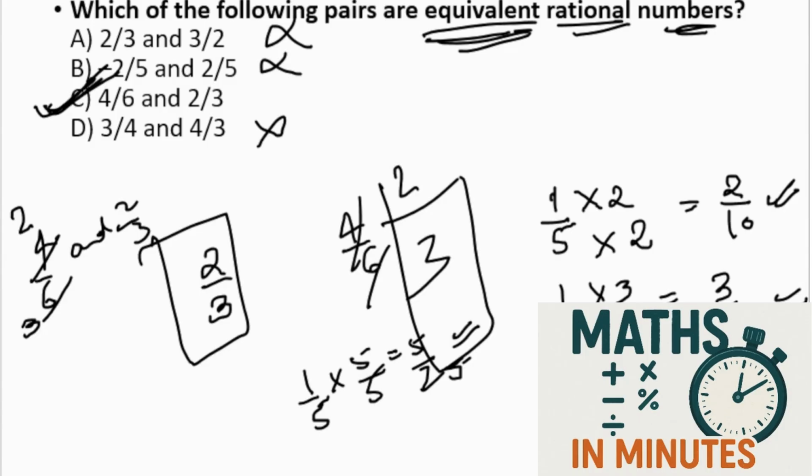So this was the content. We have covered rational numbers, we have covered its properties, we have covered its identities. In the next class we will cover rational numbers on a number line and how many rational numbers exist